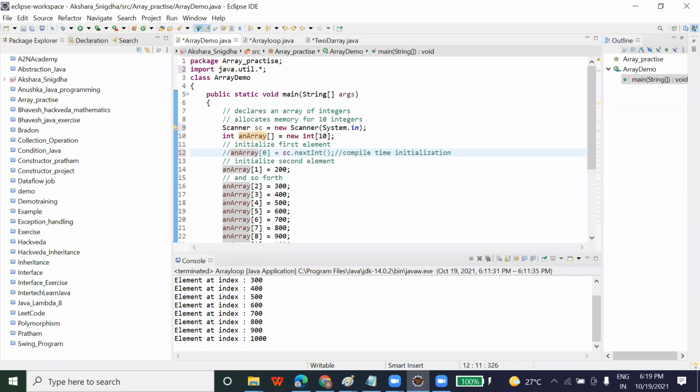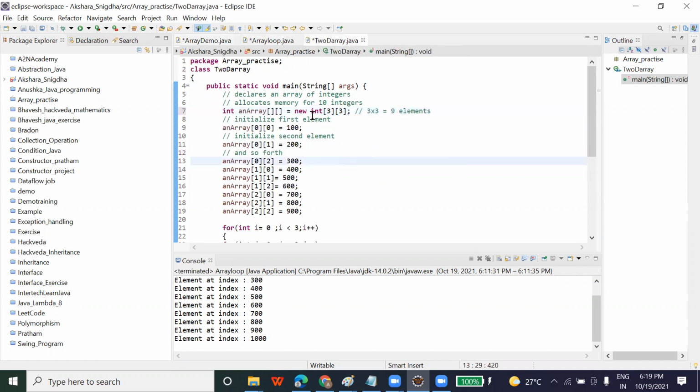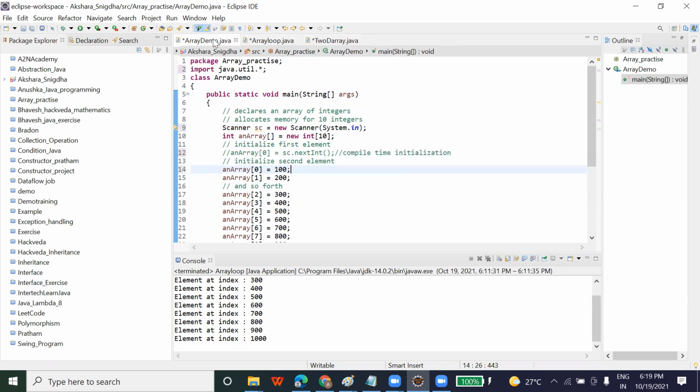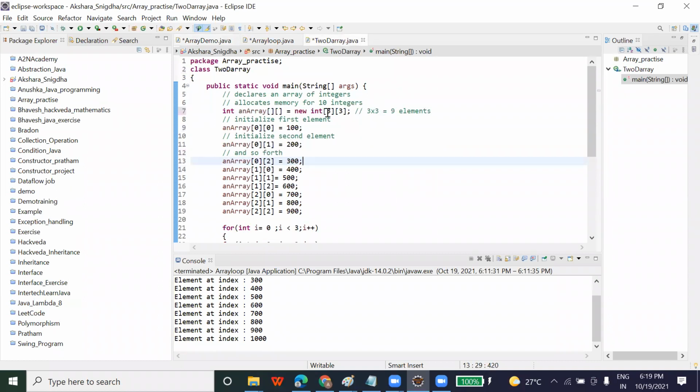Is it clear? Yes, sir. This I am going to show you. Let me explain today this 2D array, how it runs and how it works. Then tomorrow I'm going to practice with you on the user input only, like how to accept the user input. So in this 2D array, you have to pass two sizes. One is the size of a row, another one is the size of a column. You can pass only one size here, right? Because it is one dimension. But in the case of a 2D array, you have to pass the size of a row as well as the size of a column.